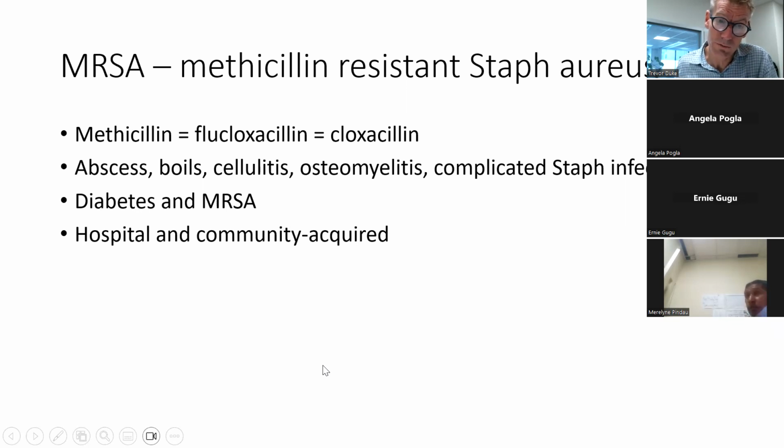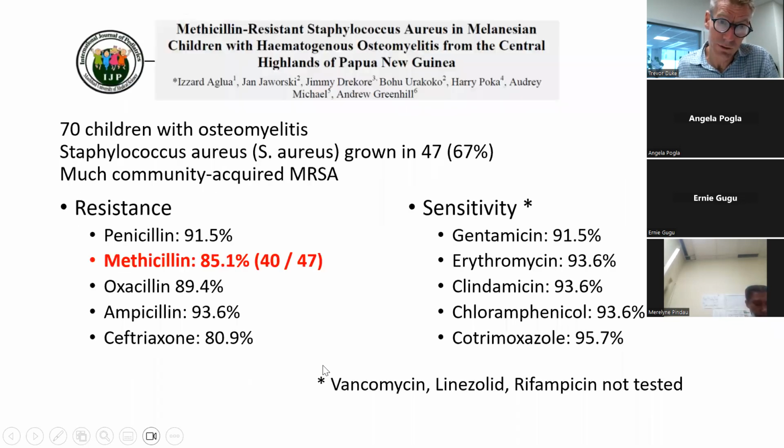There are certain populations that are at higher risk of MRSA, including people who have diabetes. They're at more risk of MRSA than others. And look, the reason I wanted to talk about MRSA particularly is that there is some pretty good data now from some parts of PNG, and particularly in the highlands of PNG in Kundiawa, that this is a good study from Kundiawa